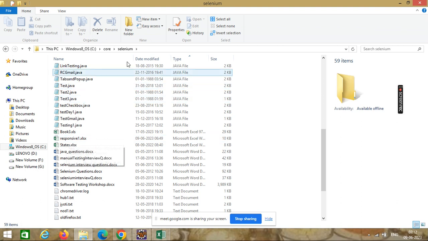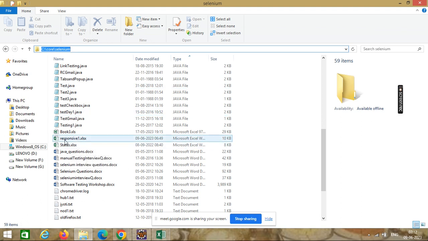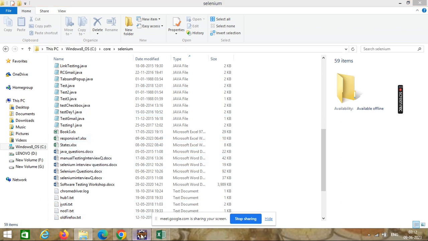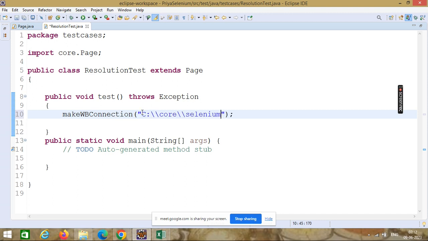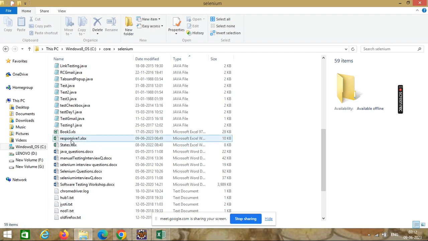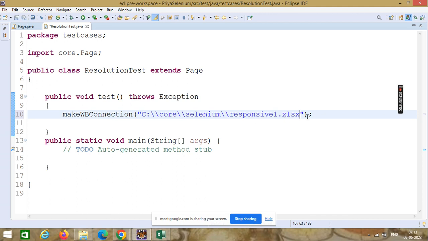So this is the file name, so I'll copy the path. Responsive 1.xlsx. Okay. So this is the first thing you have to do, that is, you have to open the connection with responsive 1.xlsx. We have discussed this thing in the last class.